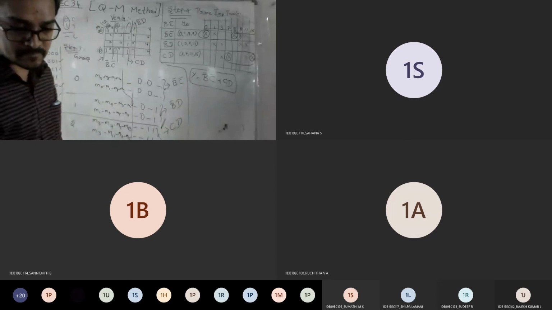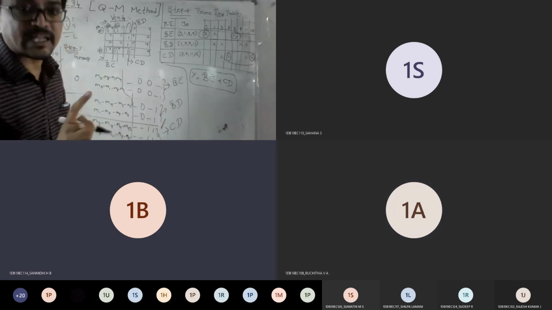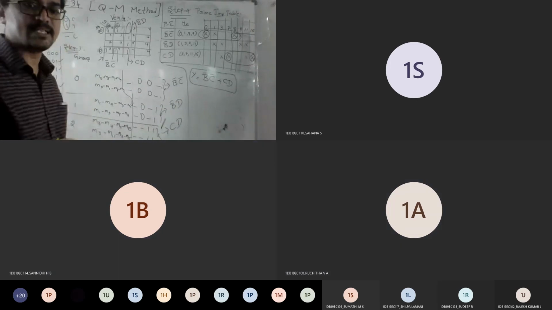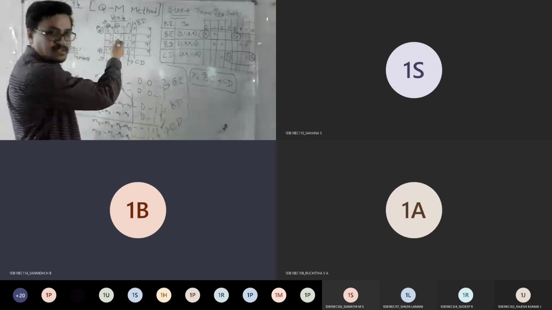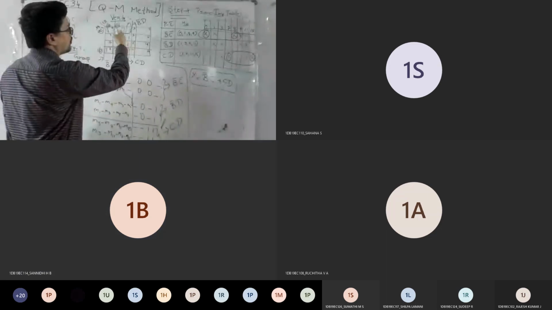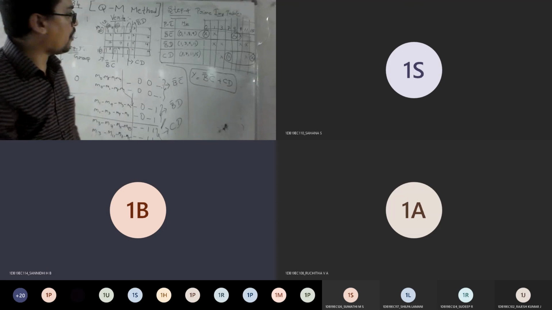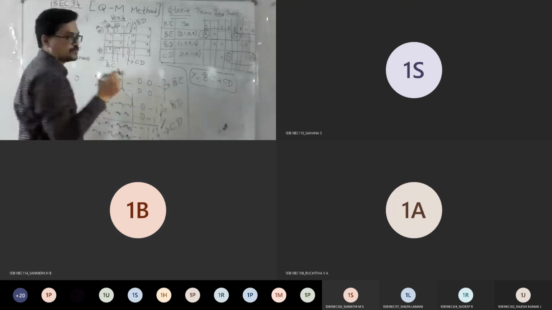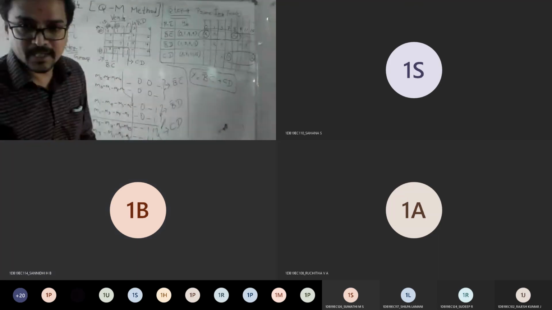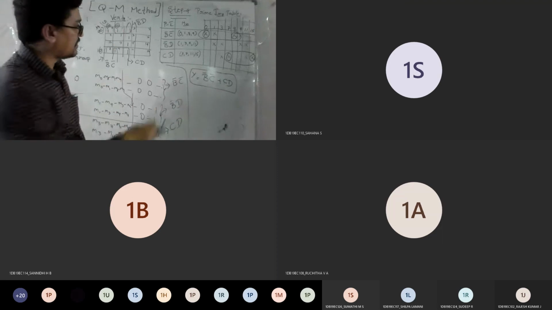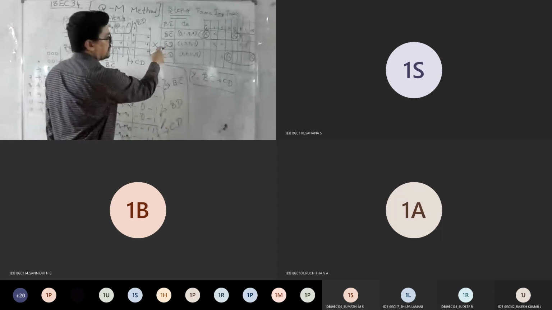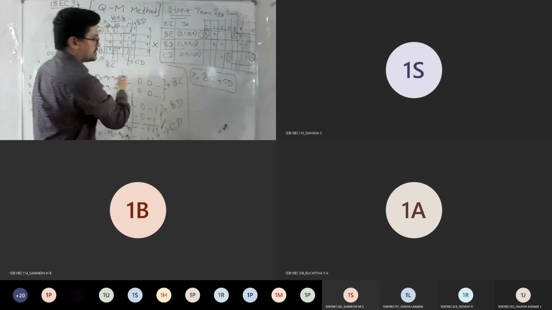Yes, sir. But that is not an essential prime implicant. That is needless, right? You already grouped this 4 and this 4, so there is no option for other grouping. So why do you want to do this grouping again? If you do such things, you get an extra answer, which is what you got here. Hence we have eliminated it.